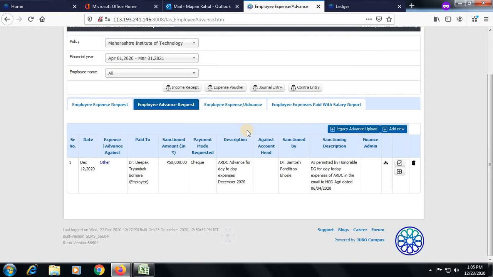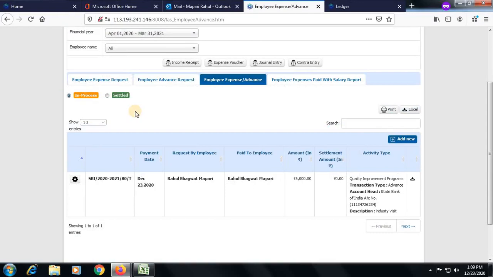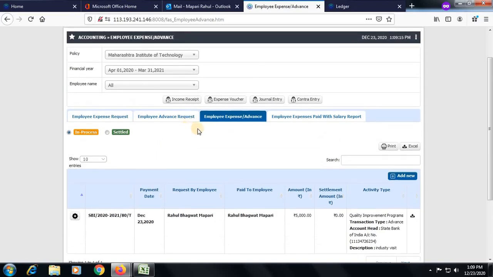After this step, the account officer can transfer the payment against the advance request to the faculty through the online mode. Now we will see how the account officer is going to settle the advance payments issued to the faculties or any staff member. So for settlement of the payment, we go to this third tab.